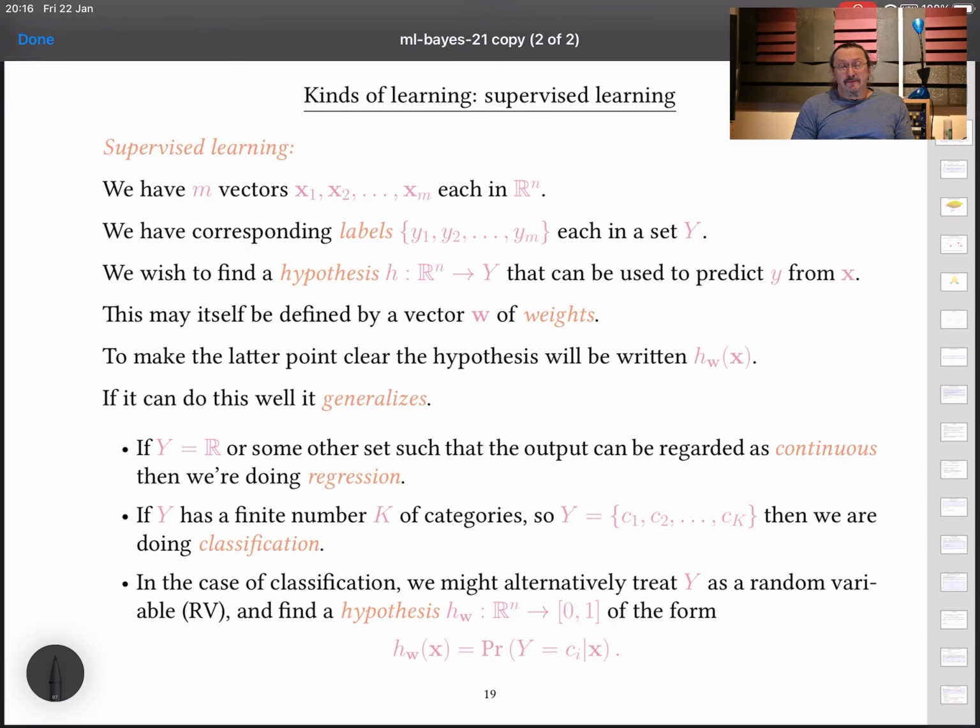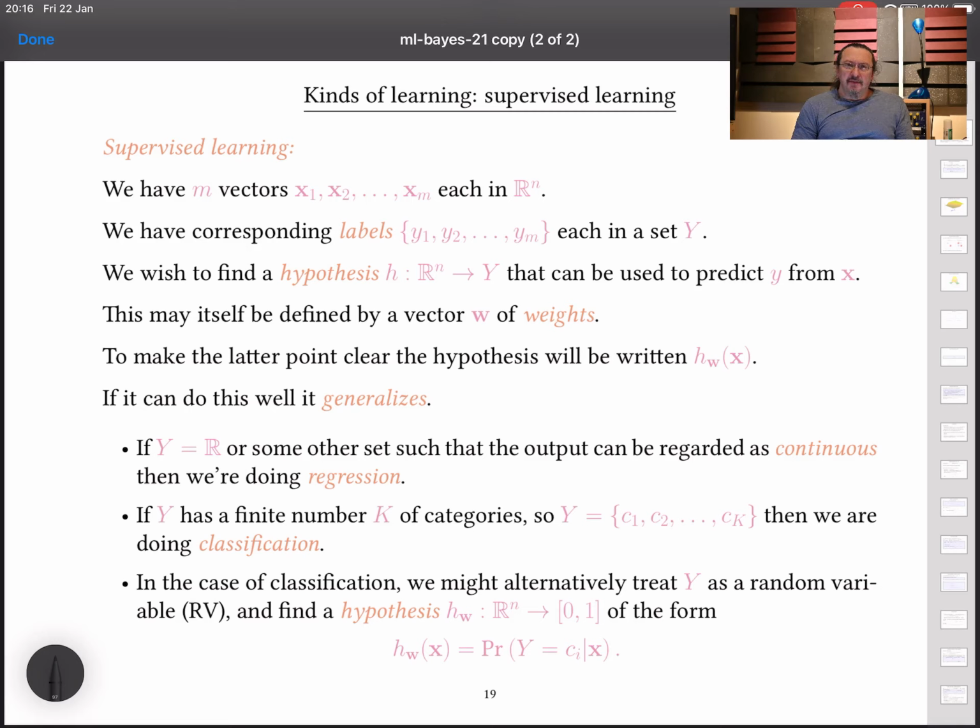Now this is essentially the same bunch of notation that I used in last year's course in developing the idea of a perceptron and of a multi-layer perceptron. So let's just recap this briefly. We generally have a bunch of vectors of features, in this case m, and I will generally always use m to denote the number of training examples and n to denote their dimensionality. Vectors are usually real valued. They don't have to be. But it's a nice way of keeping all this uniform for now, just to assume that they are.